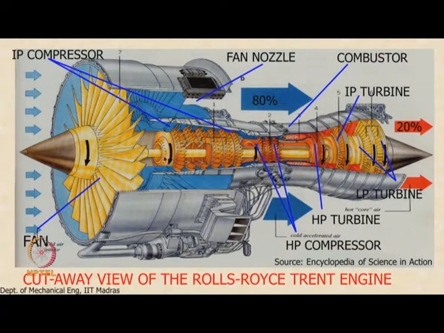A comparable size engine, here is an offering from Rolls-Royce. The similar rating, you see the big fan in the front. Rolls-Royce typically tends to use 3 shafts. Okay, we will see why in a minute. So this is a fan, then there is an intermediate pressure compressor as you can see, and then there is a high pressure compressor, high pressure turbine, intermediate pressure turbine and low pressure turbine.